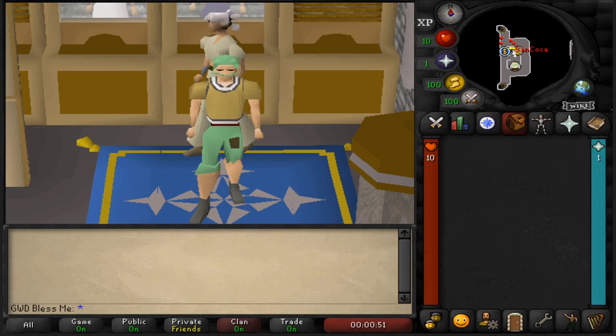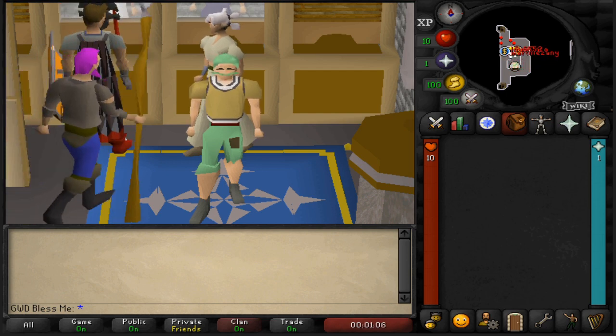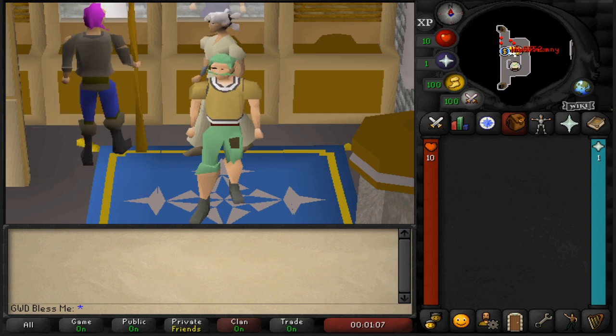Hey guys, after figuring out that I am the absolute worst when it comes to bossing, I decided it would be fun to create a new account that is restricted purely to the God Wars dungeon, with the main goal of defeating each one of the God Wars bosses. That means all of my XP and money is going to come from the dungeon itself, specifically the Wilderness dungeon